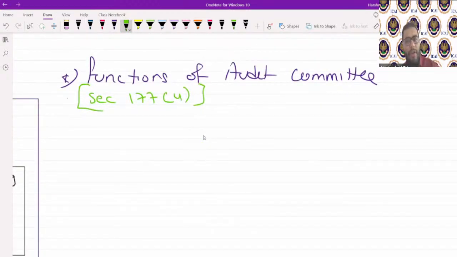If you understood the functions of the audit committee in LODR, it is on the same line, because the logic is the same. LODR might have more functions, or the Companies Act might have fewer, but still,